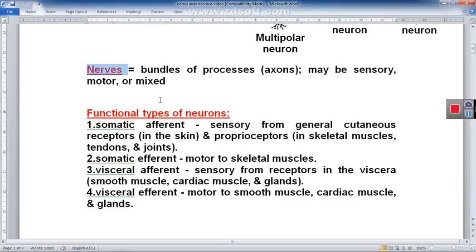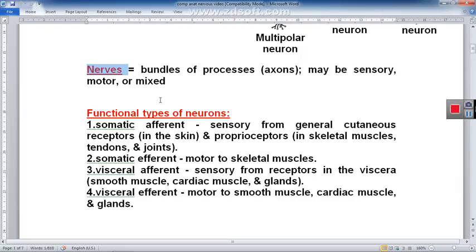So when we find a number of axons that are surrounded by fibrous tissue, this is a nerve. And the nerve may be related to transmitting sensory information to the brain, or it may transmit motor impulses, or electrical impulses of motor activity, from the brain to the muscles,